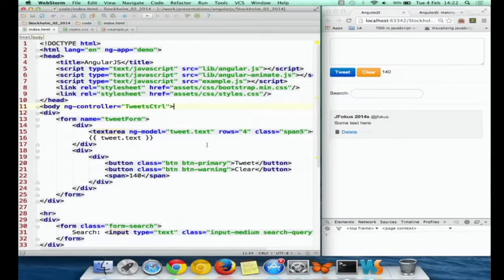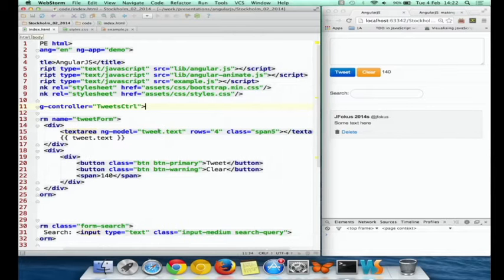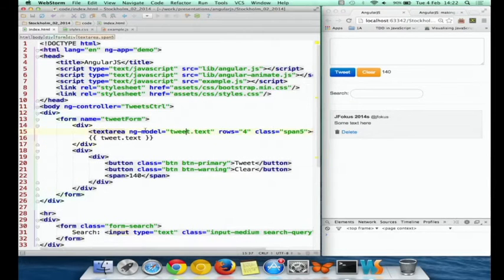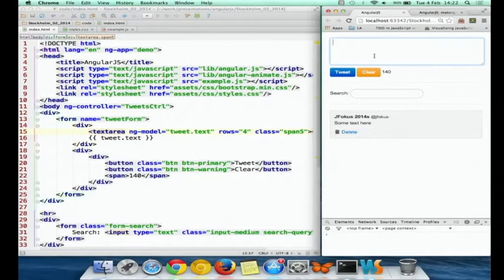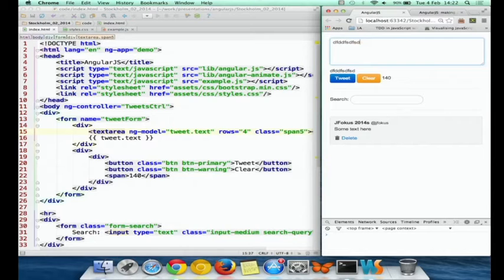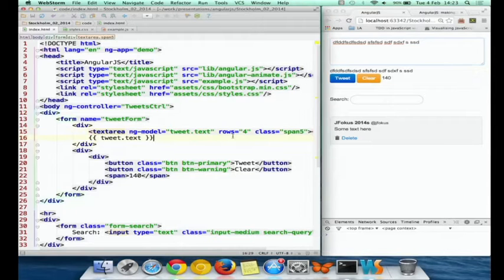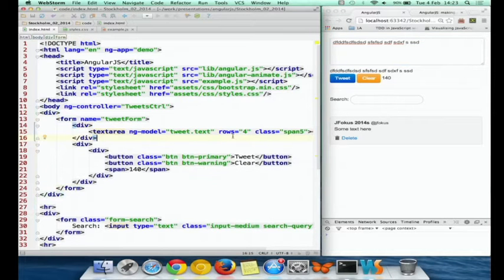Okay, so we've got here our text area where we want to type things. This is what we saw already with the hello world example: we are typing, our text goes to the model, and everything is displayed. Nothing fancy here. So let's delete it.